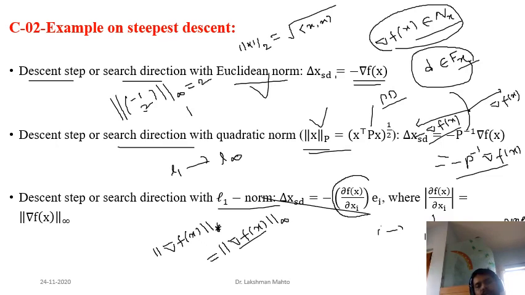If I ask what is the sup norm of the vector 0, 1, which component has the largest magnitude? That's again the second component. The sup norm of this one would be 1. So just find the magnitude of the largest component, and that gives the sup norm. And L infinity is the dual of the L1 norm. So that's where we are getting this. This is the steepest descent direction when you are taking an L1 kind of norm or distance. So these are various kinds of steepest descent technique.